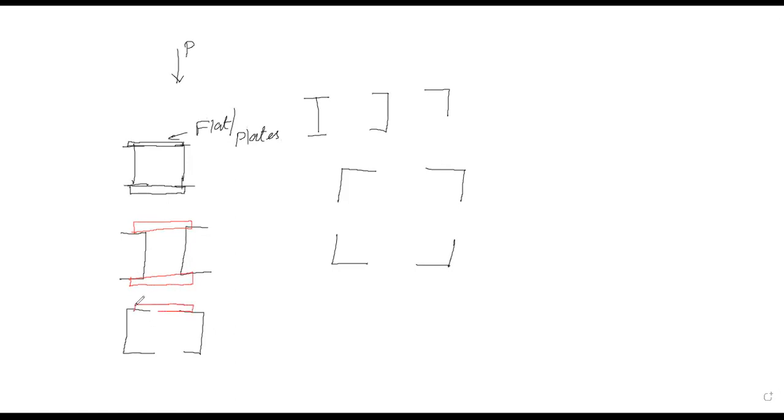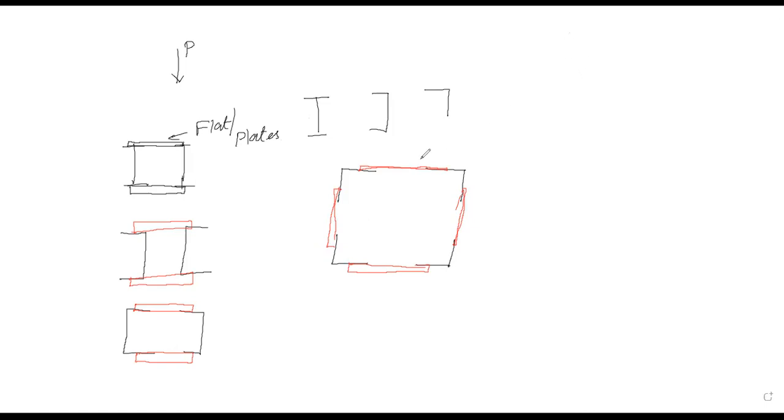Okay, so here the sectional moment of inertia is more when compared with the individual element. So that's why the column is going to take heavier load when compared with the individual section. So this is why we are going to give some flats or plates. This is called lacing. The flats and plates placed in position will be called lacing or battening.